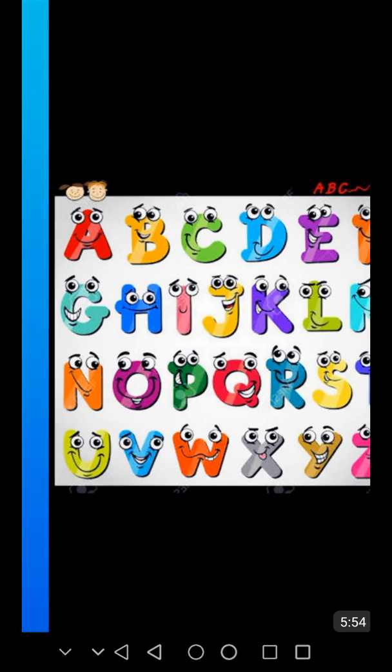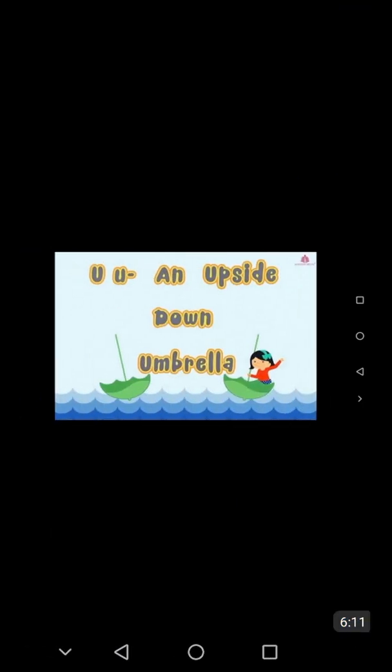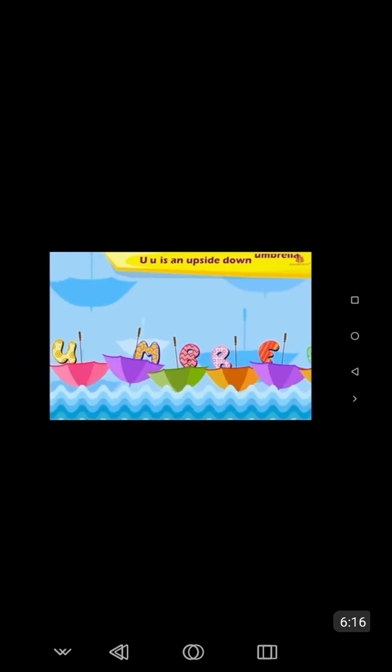After revising this, now again I am going to recite a rhyme. Rhyme on letter U. Students, you can also learn this rhyme from My Study Gear app. U, an upside down umbrella.